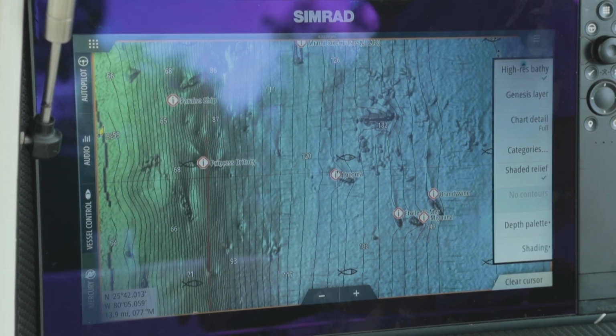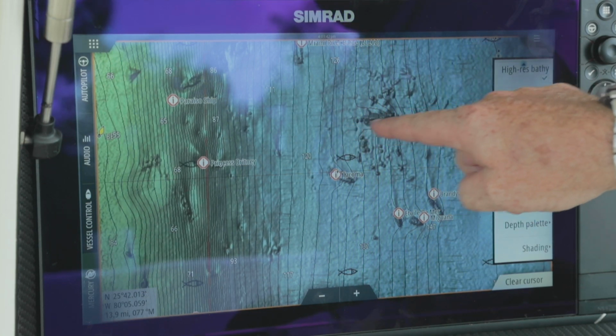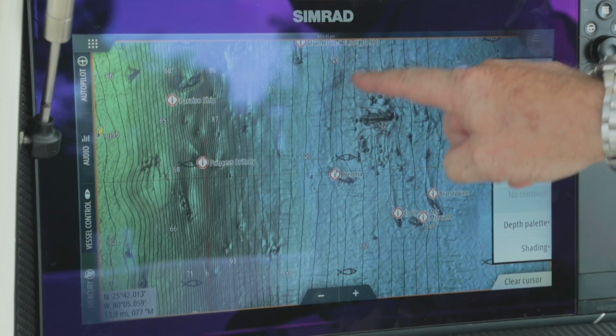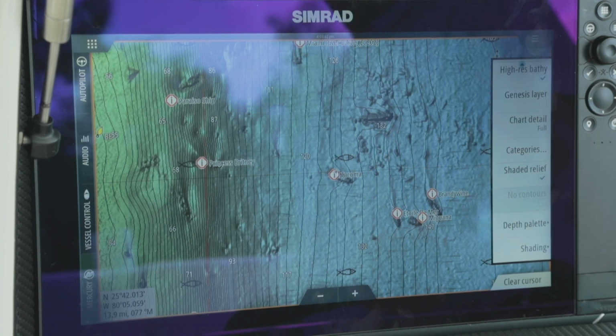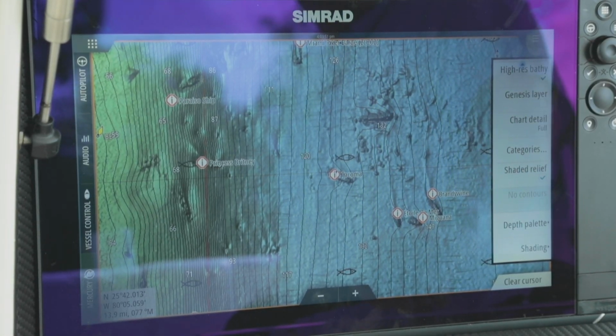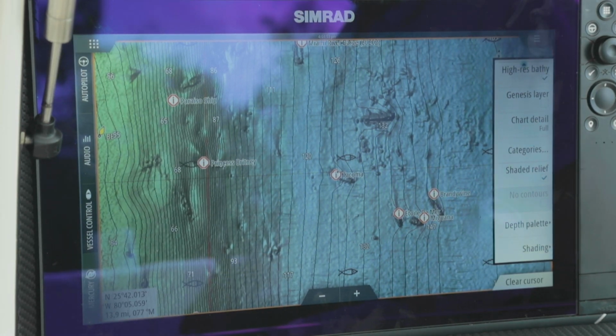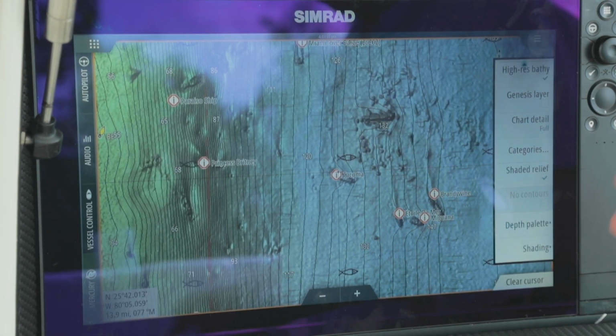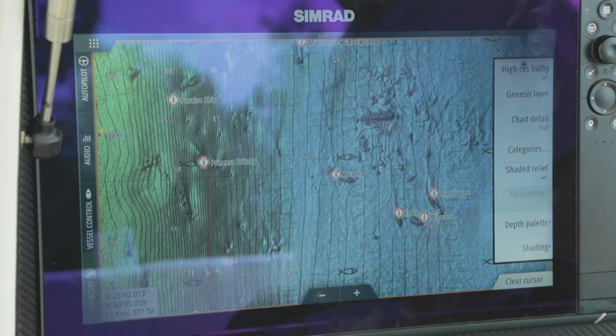So this now makes it a game changer for diving and for sports fishing, because now we can see which direction that wreck is laying. We can see some of the other parts and pieces that might be around it, and then we might find some hard bottom there that we never knew was actually there. So this now allows us to fish more efficiently and find those spots by simply looking at the color shaded floor.